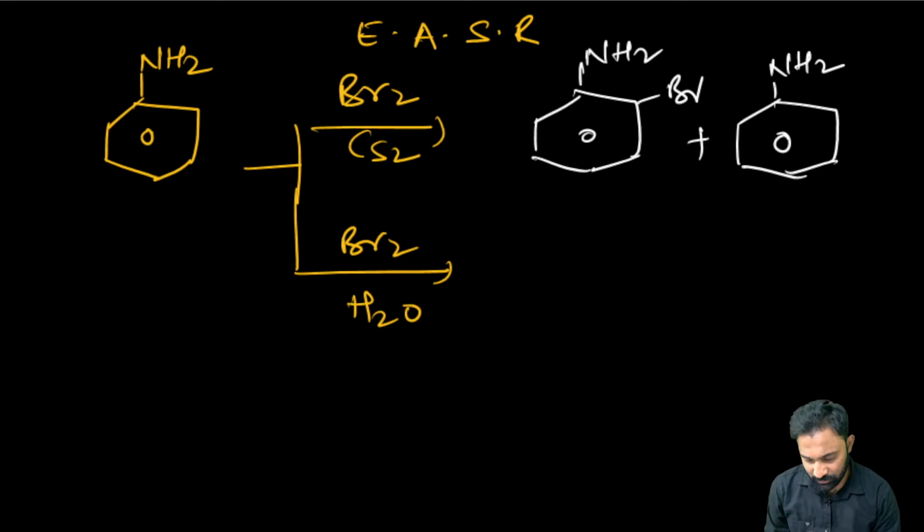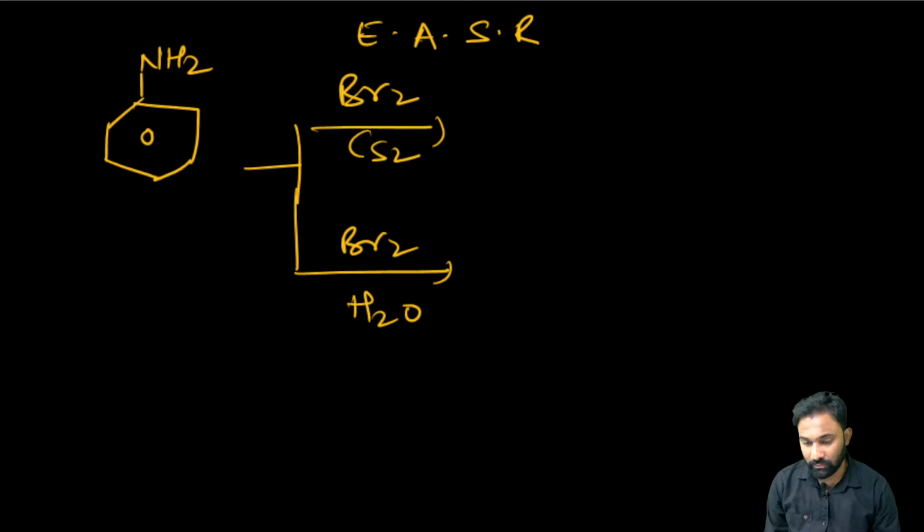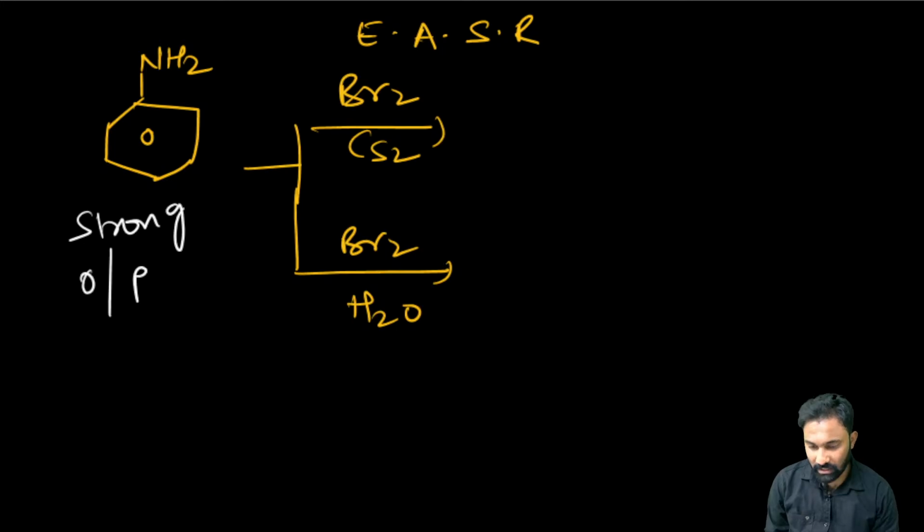But we expected that the products we would get are para-bromoaniline as well as meta-bromoaniline. But actually, we will not get these products. We will not get the para-bromoaniline and the meta-bromoaniline. Why? Because here the aniline, being a strong ortho and para directing group, in both cases